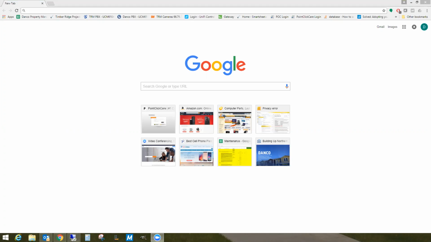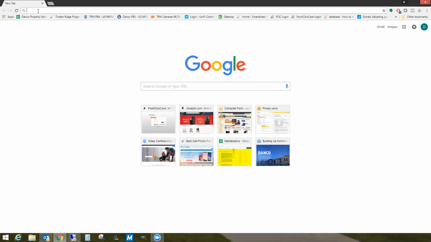So open up your web browser, and you're going to want to open a new tab, and you're going to type in the web address. And you might want to save it as a favorite because it's a bit long and tedious to type every time. But the first time we'll type it in so you can see what it is. So you're going to type